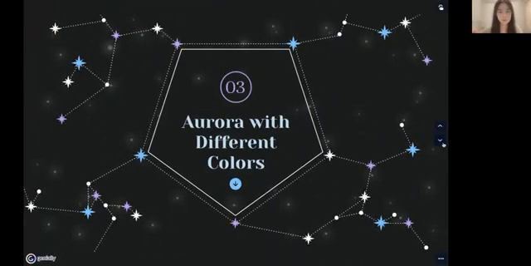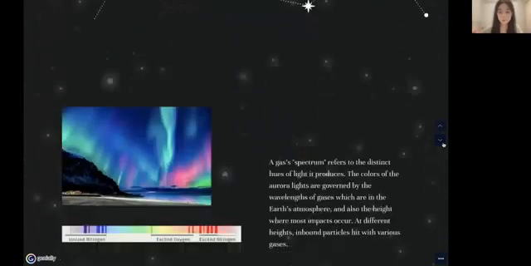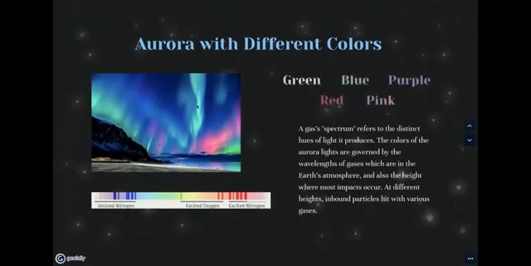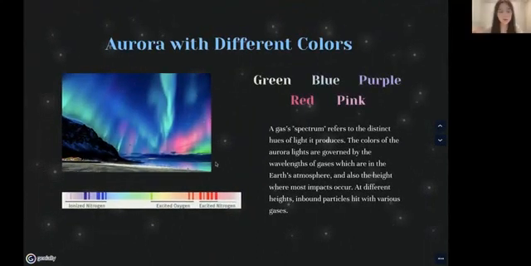My third section is aurora with different colors. How does aurora create different colors? Look, there are several different colors of aurora in the sky. This is green. This is blue. This is purple aurora. This is red aurora. And this is pink aurora.